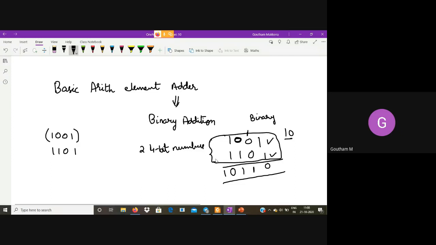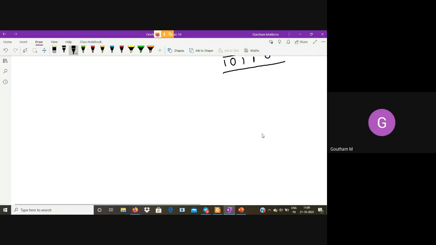But even before that, we should have an adder that adds 2 bits, and we should have an adder that can add up to 3 bits. In the second stage, you see there is a carry. When the carry goes to the next stage, in this stage you should be able to add up to 3 bits. So this is where the requirements for half adder and full adder come up. The half adder adds 2 bits, two single bits.